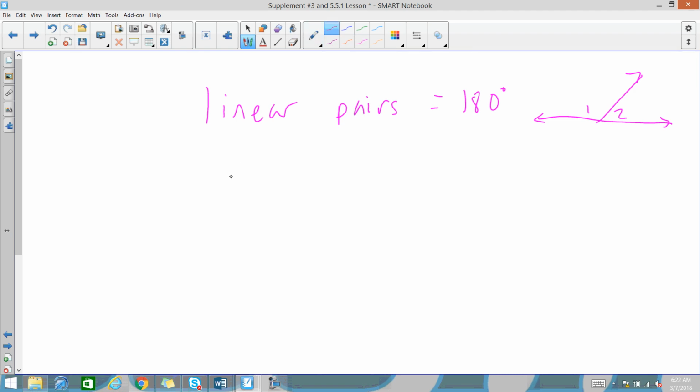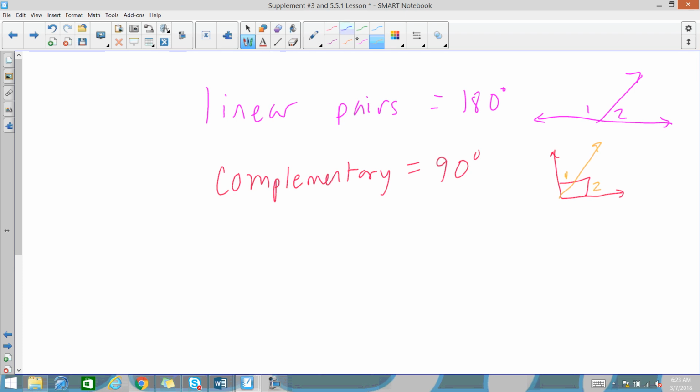We talked about yesterday complementary. Complementary equals 90 degrees. So again, right angles. But we also talked about complementary being like two angles, like angle 1 and an angle 2, that add together to equal 90. All right, we've had supplementary,